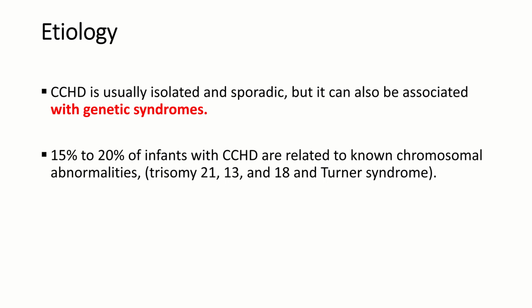The etiology of cyanotic congenital heart disease is not actually known. It might occur in isolated and sporadic form, but when it's associated with genetic syndromes, we have between 15 to 20 percent of infants with cyanotic congenital heart disease who are well known to be related to chromosomal abnormalities: trisomy 21, 13 and 18,